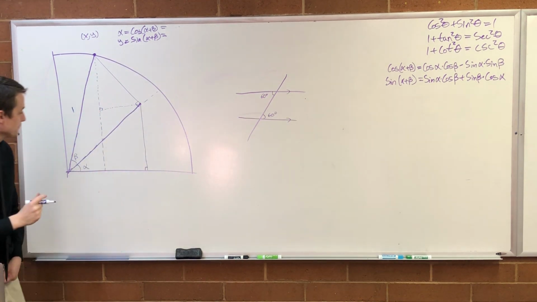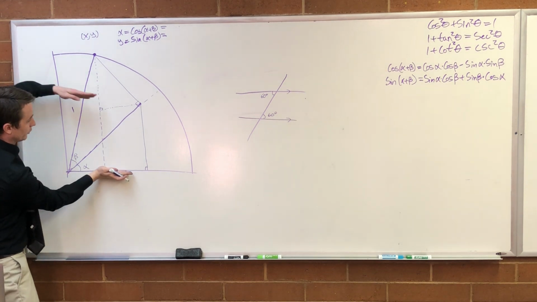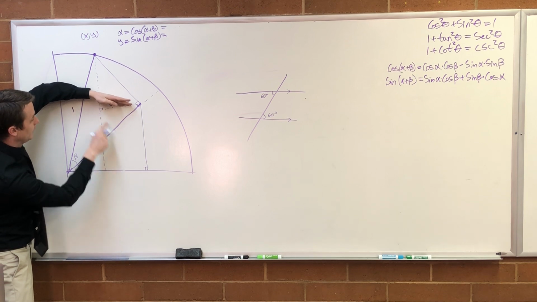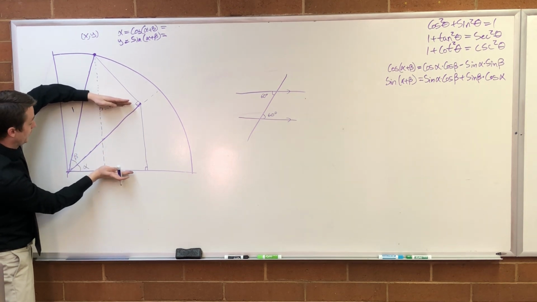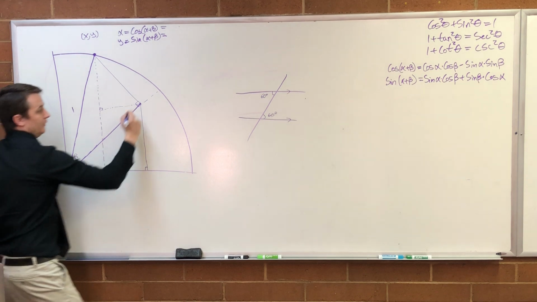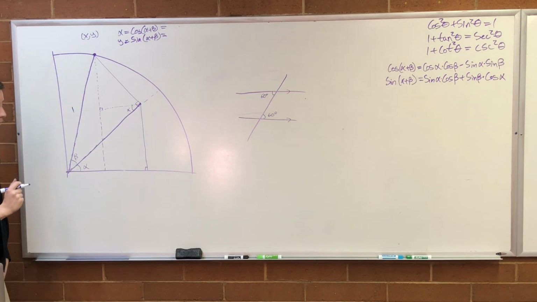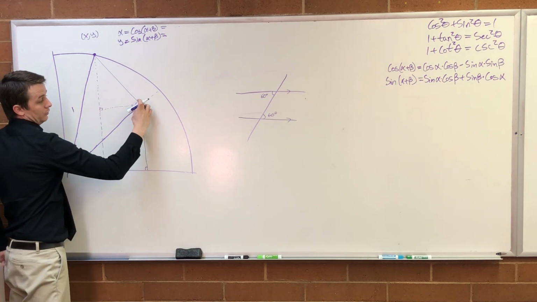With me? Okay, notice that this line, even though my picture's lying, and this line are parallel, because that's a right angle and that's a right angle. So these two are parallel. So if this angle's alpha, then this angle right here is also alpha. You follow that? Okay. So this angle right here